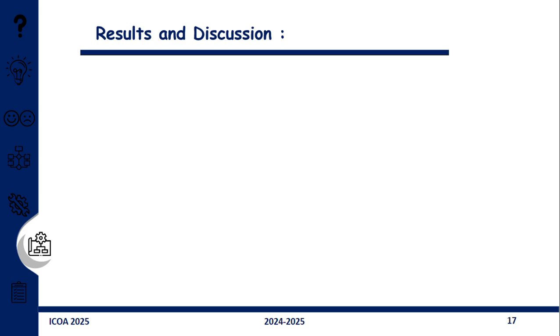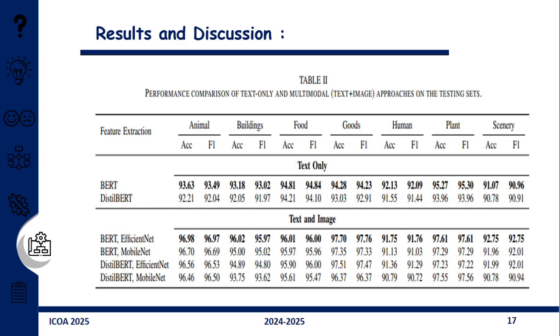Results and discussion. The results are divided into two categories: text only, which corresponds to aspect-based sentiment analysis, and the text with images, which corresponds to multimodal aspect-based sentiment analysis. For the text-only experiment, the BERT model outperforms DistilBERT across all categories, achieving higher accuracy and F1 scores. For the multimodal experiment, the combination of BERT with EfficientNet consistently achieves the best performance compared to the text-image models,